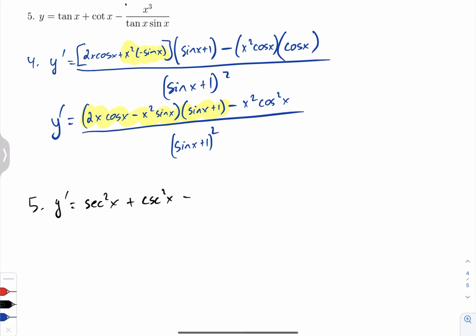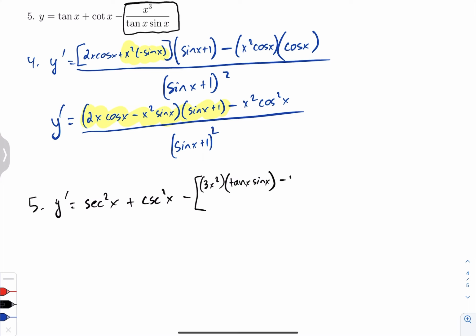now taking the derivative of this is where things kind of get complicated. Because again, now I have a product, but it's in the denominator. So this is a quotient. To get the derivative of a quotient, I do the derivative of the numerator. I'm going to put this in brackets here. 3x squared, just using the product rule, and then times the derivative of the denominator, tangent x sine of x,